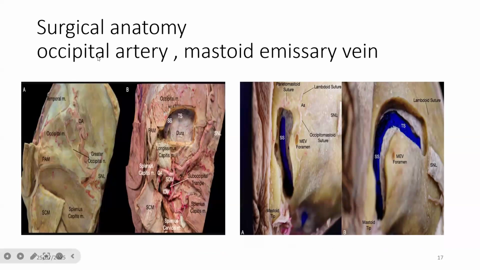Further, the occipital artery exits through the occipital groove and then ascends superiorly. So it passes superficial to the superior oblique muscle here,